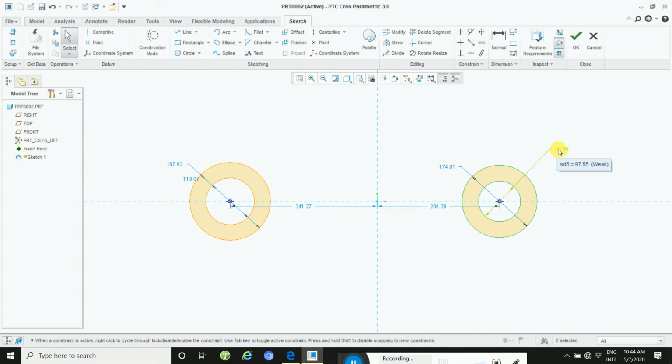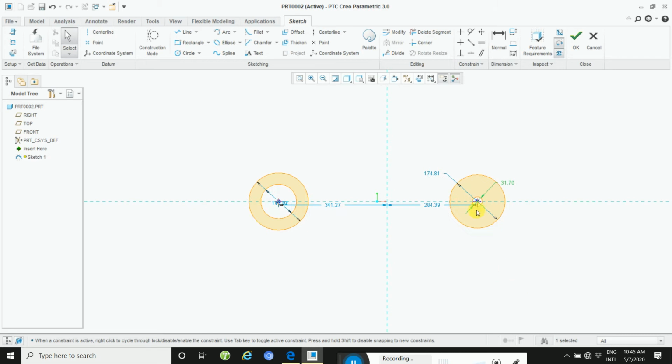So this inner circle is 31.7, so take the value 31.7, then enter. Then the outer is 54.7.